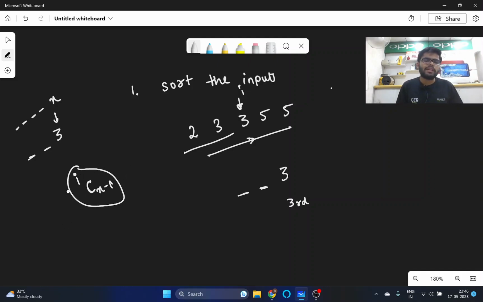In case it is greater than i, then I will say that there are no ways of choosing x minus 1 elements from i. If x minus 1 is greater than i, then I will say that there are 0 ways of doing this. Otherwise, there are this many ways. And at the same time, I have